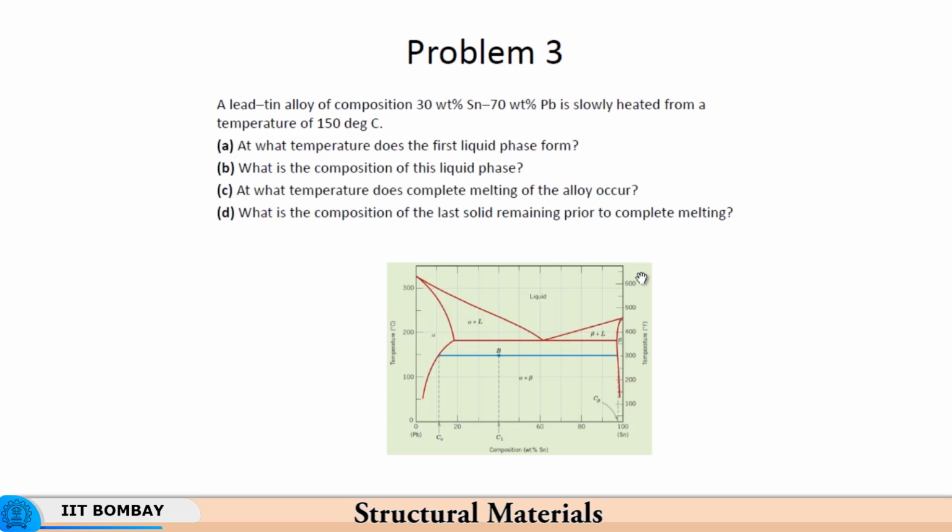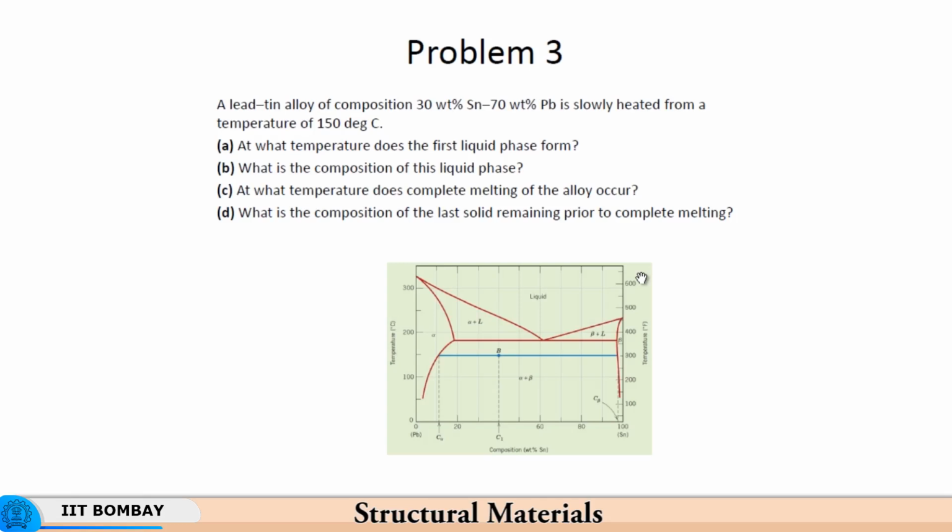So this is the solidus, and the alpha will have the maximum solubility of tin in lead, and so the liquid that will be molten will have the rest of the